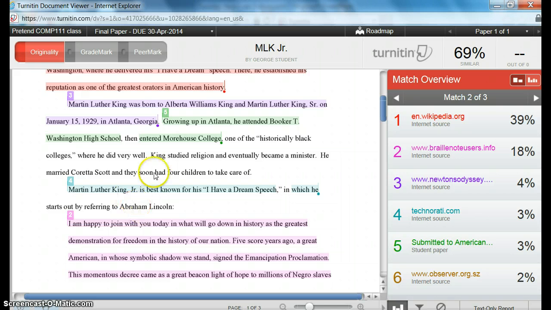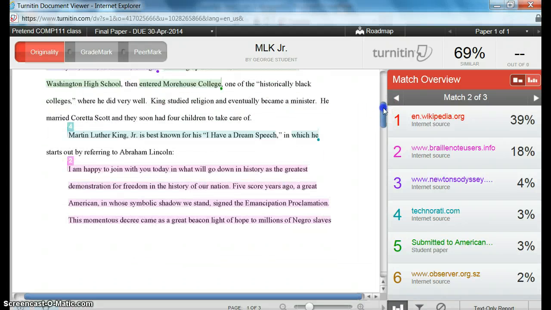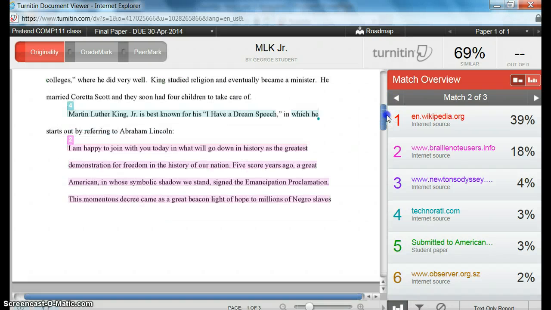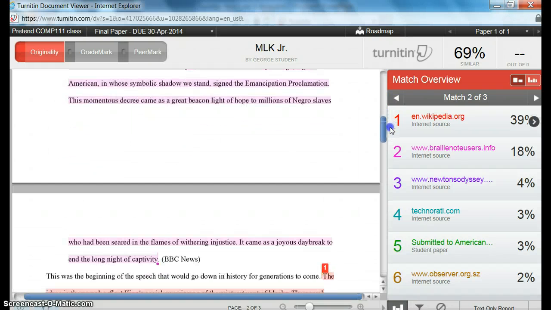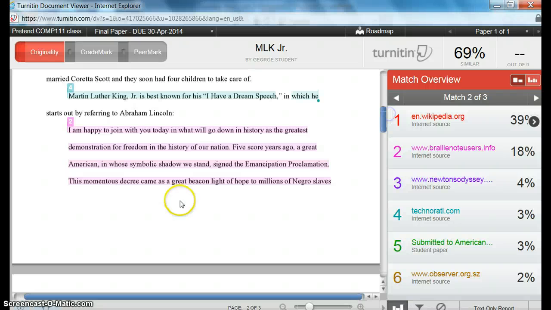Here's another convention. "So-and-so is best known for such and such." And I might ask my students, is this really your point, or are you just following a convention? And if you're just following the cliche, pop out the cliche. All right, so here I can see that here's a block quote that it's identified, and I can tell you